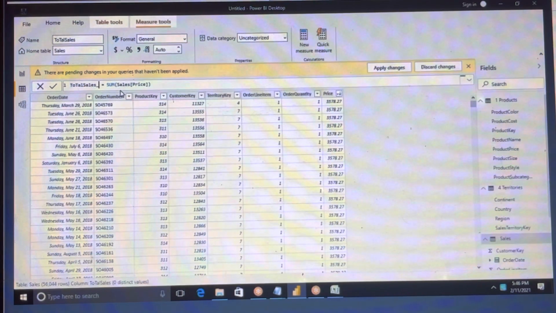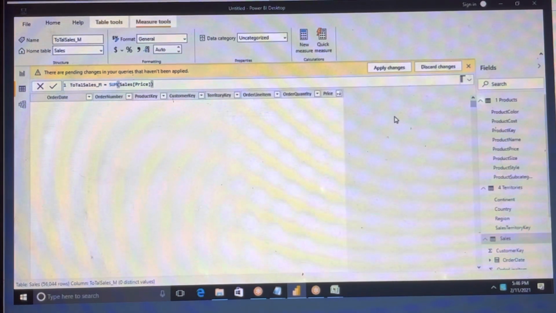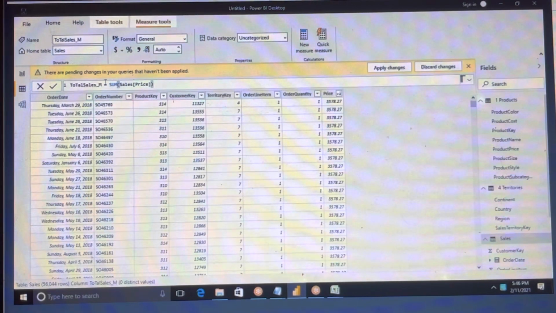I can mention the column name, it's a measure. Did you see that? I have created a new measure, right?